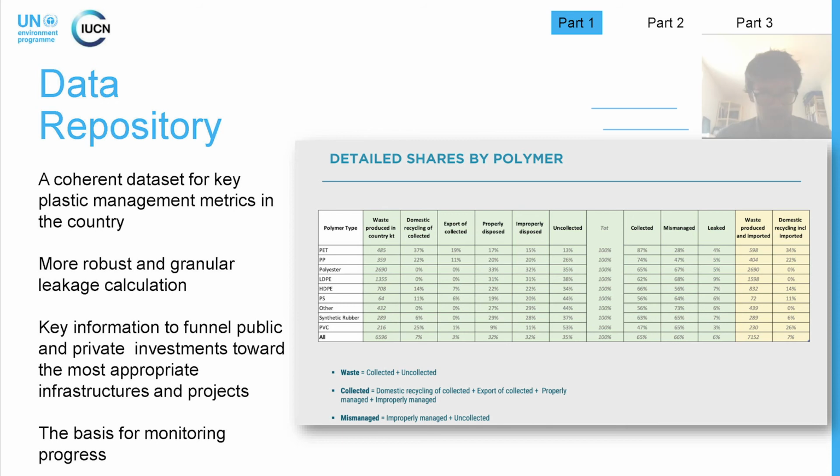Last but not least, one of the key outcomes of applying the guidance is to yield a clean data set for your country with key waste management metrics like collection rates or recycling rates per polymer type. And this is also key to monitor progress in the countries, as well as to funnel investments towards the most appropriate infrastructure or projects. For the private sector, this is also a very valuable information to feed all the plastic footprinting and eco-design projects and initiatives that take place. But now I leave the floor to Alexandre, who will explain how you can also get all this by applying